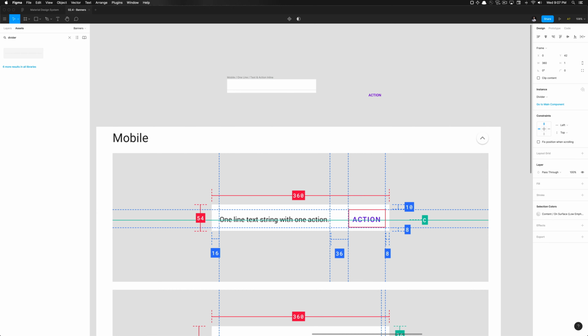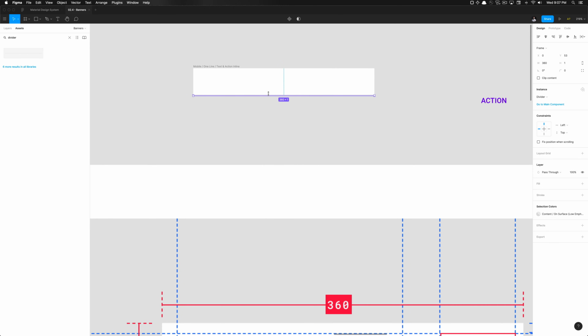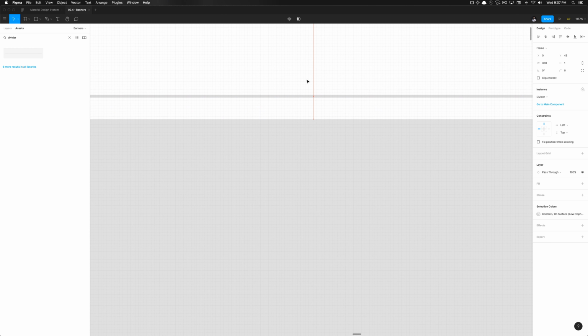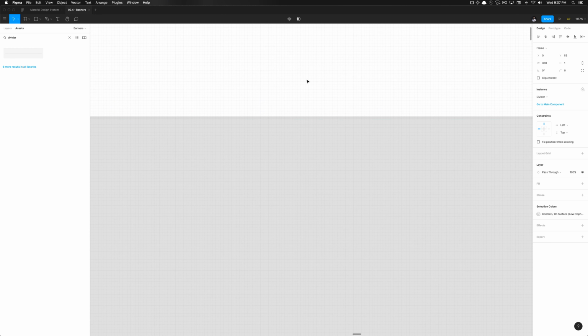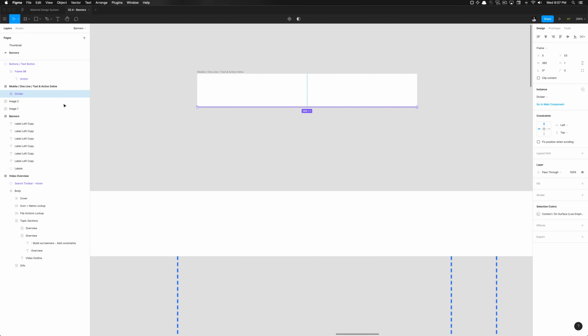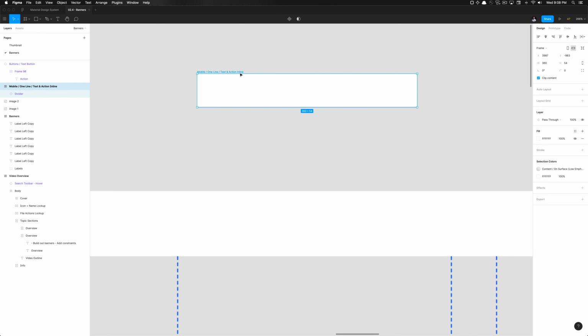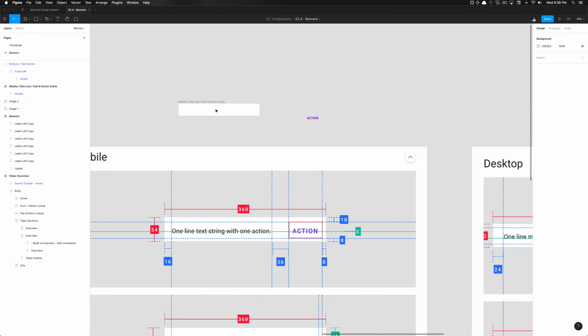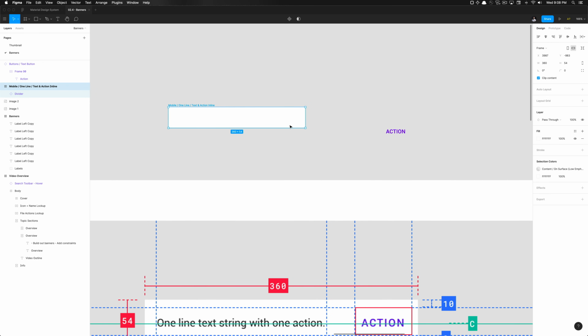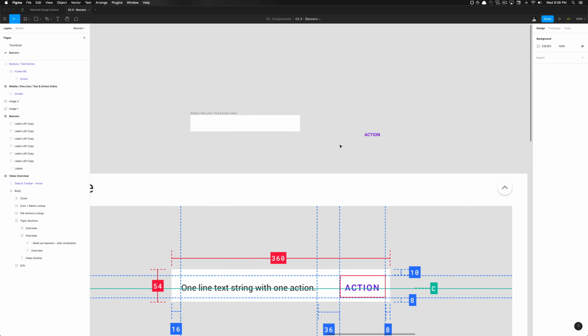So that's the first thing I'm going to add to all of them. I've just snapped that to the bottom of this frame by holding down Option S, since that is a child element of the parent frame. I can easily snap this as needed to the top or the bottom. So now that I have that set there, I'm going to set the constraints to bottom, left, and right. So that way, if this were to ever be stretched, that divider will stretch with. But we have this defined here, and we won't need to modify that